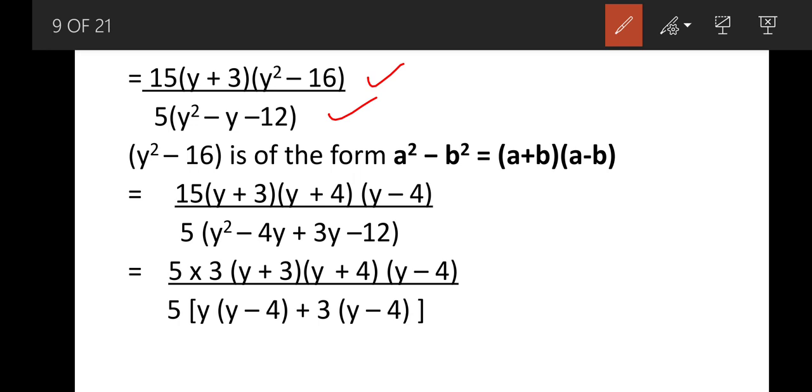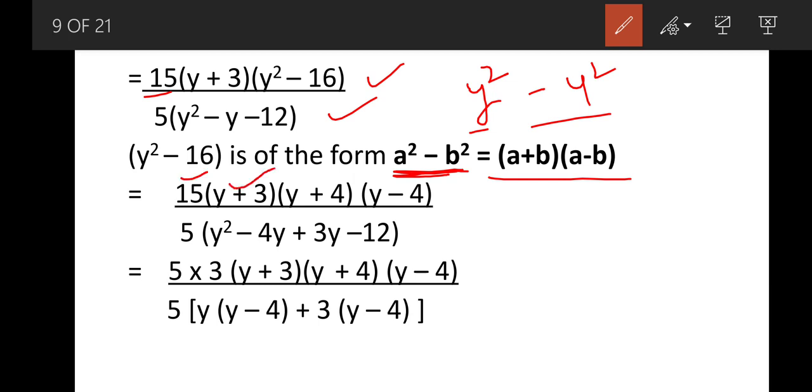Now, I am first factorizing y square minus 16. 15 can be written as 15. I will be talking about 15 later on. Let us discuss y square minus 16. Now, 16 can be written as 4 square. So, it is of the form y square minus 4 square, which is of the form of the third identity. This side of the identity is with us, and now we are supposed to write it like this: a plus b, a minus b. So 15 till now I have written like this. I will be factorizing it in the next step.